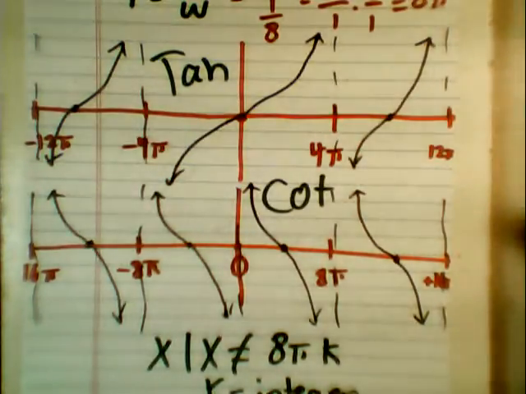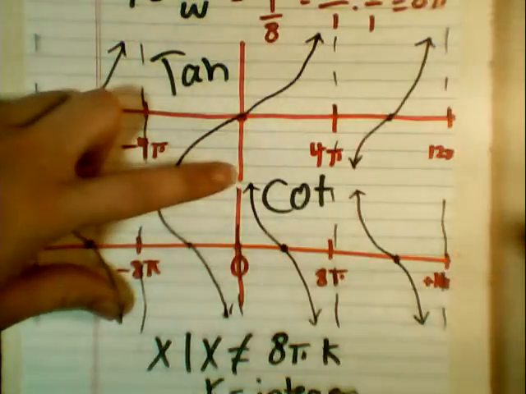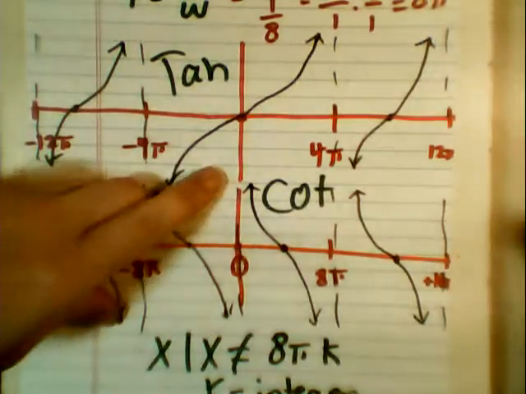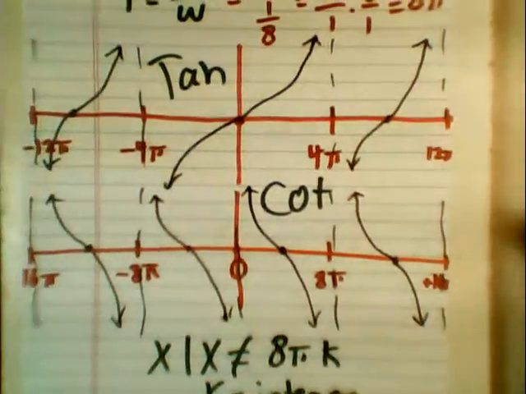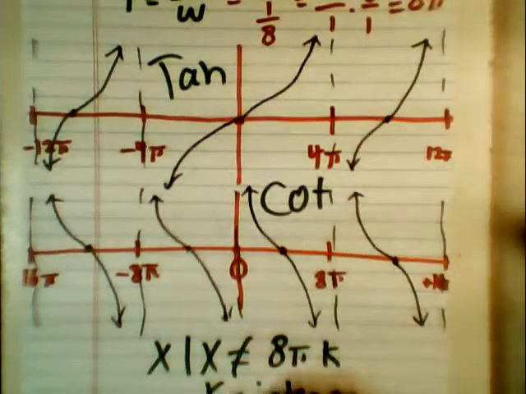Okay. Then the range of cotangent is actually from negative infinity to positive infinity because it will keep increasing. So range